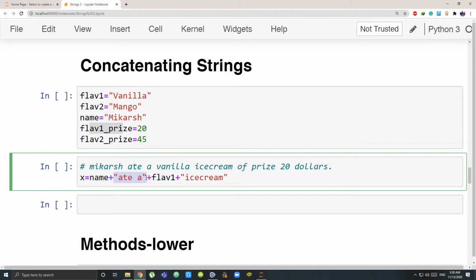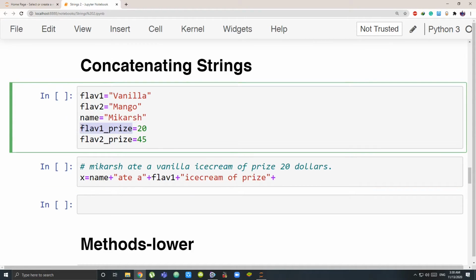But "ate" is not stored anywhere, and ice cream is not stored anywhere, so I am putting quotes because they are strings. I can have "ice cream of price" like this. This is a whole string, right? Then I have $20. I have 20 stored as price 1.